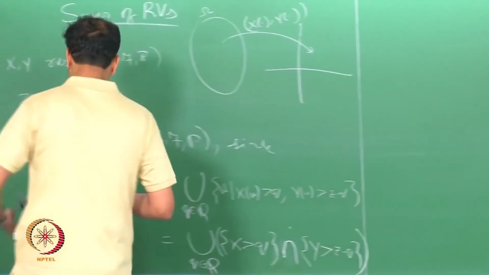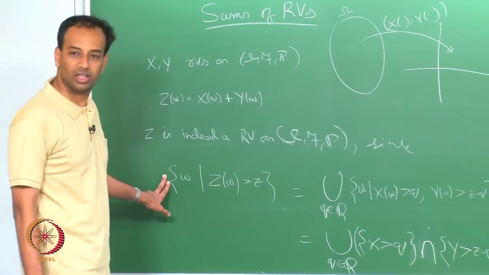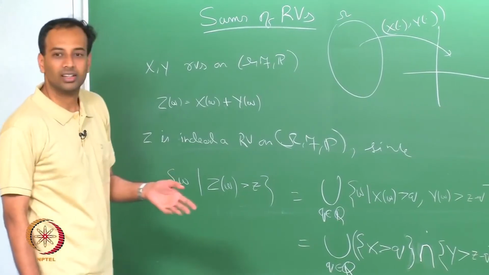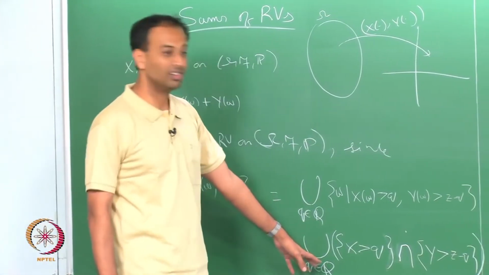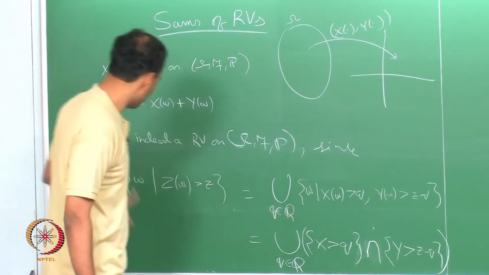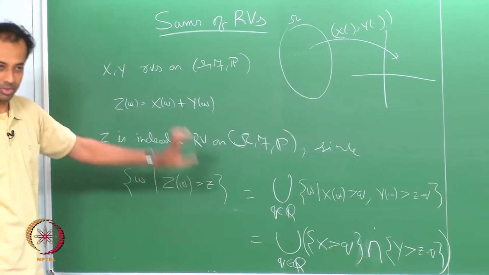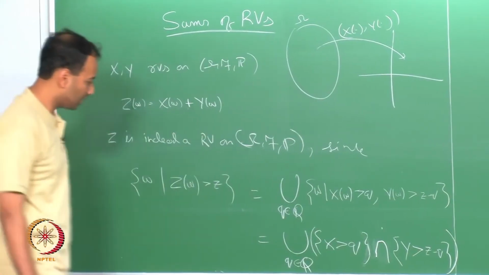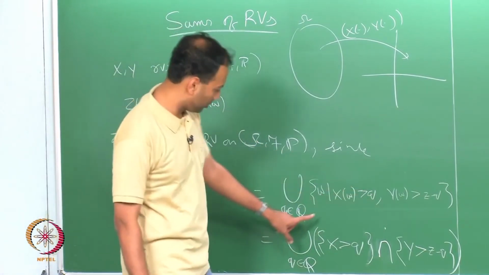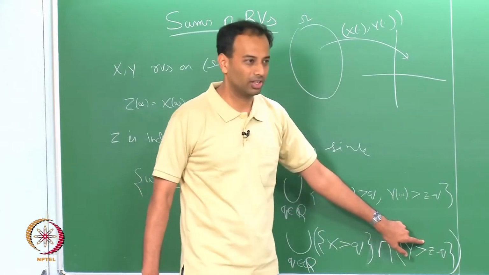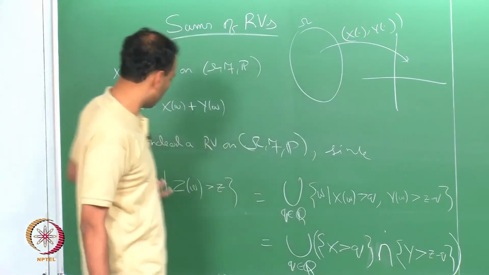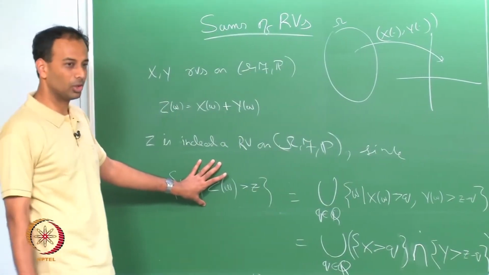So, even just looking at this equation, you can easily figure out the CDF of Z. This expression itself gives you in principle a way to figure out the CDF of Z, because you can write the probability of that, which will be 1 minus the CDF, as the probability of a countable union of a bunch of these; they are complementary series after all. So, you can use some probability properties to eventually figure this out. In principle there is no problem.